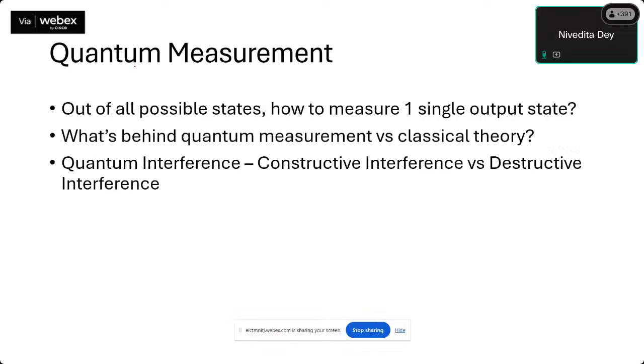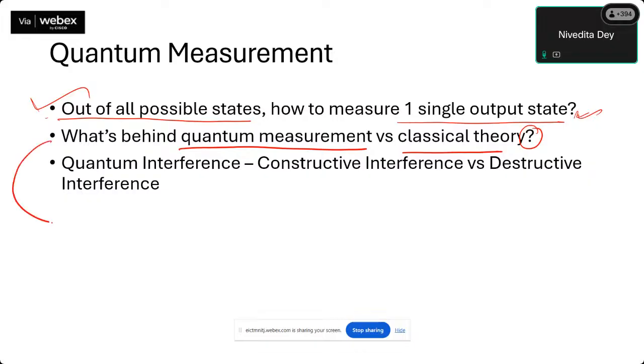Next one was again, out of all possible states, how to measure one single output state. I talked about it, right? In algorithms, we will have a detailed understanding of how to do the quantum measurement. So what is behind quantum measurement versus the classical theory? In classical, there is a way to guess the output. In quantum, if you just prepare a quantum state and directly try to measure, you can get any output. And exactly that any output thing,